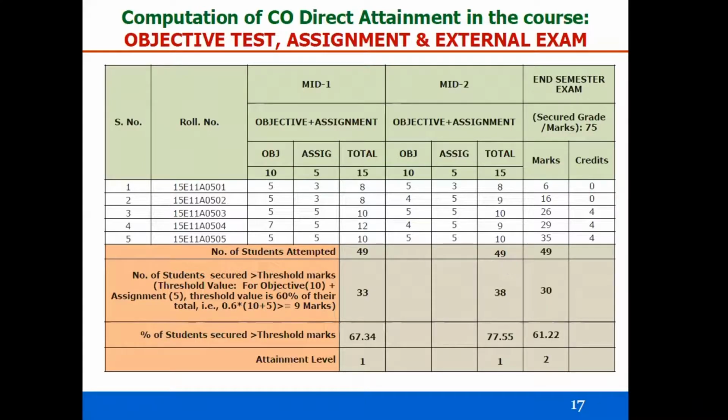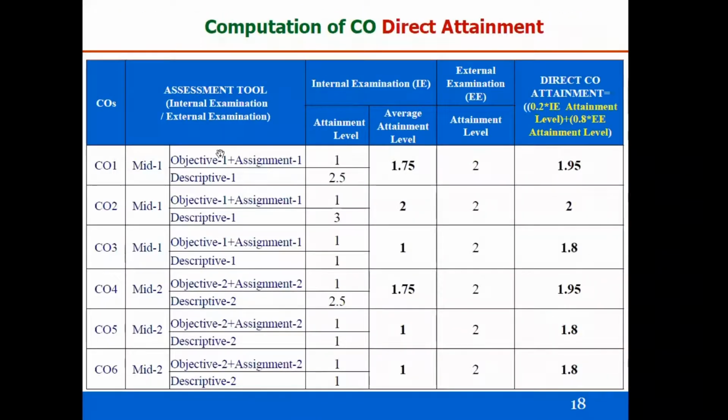Suppose you collect the question paper and split it CO-wise, then you can take it in a similar fashion as objective plus assignment 1, like however you did: mid 1 related to the first half of the syllabus, then mid 2 related to the second half of the syllabus. You can do it like that also if you want. Here I have taken the total overall, so level 2. Commonly this level is applicable for all COs. That's why here I have taken CO1 end exam level as 2, then CO2 also level 2, CO3 also 2. So for all COs I have taken the same level.